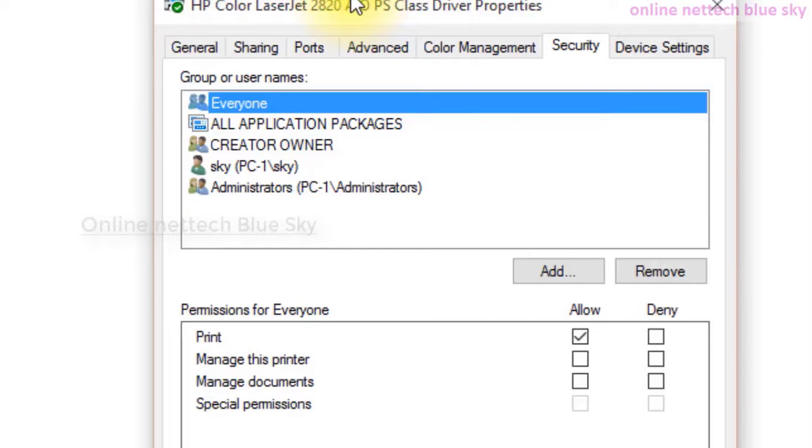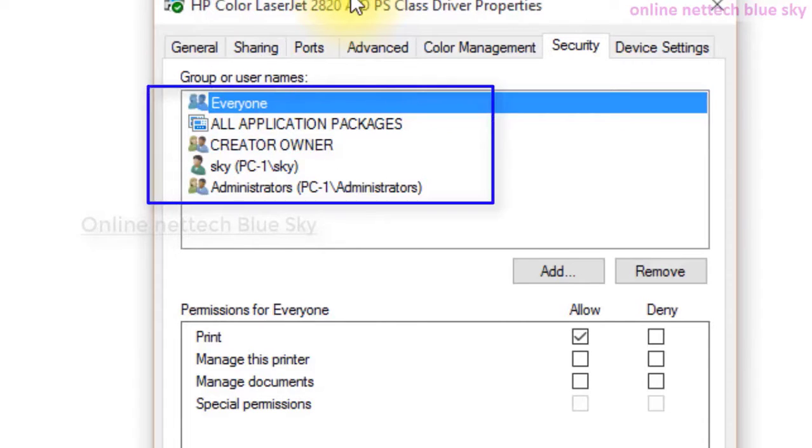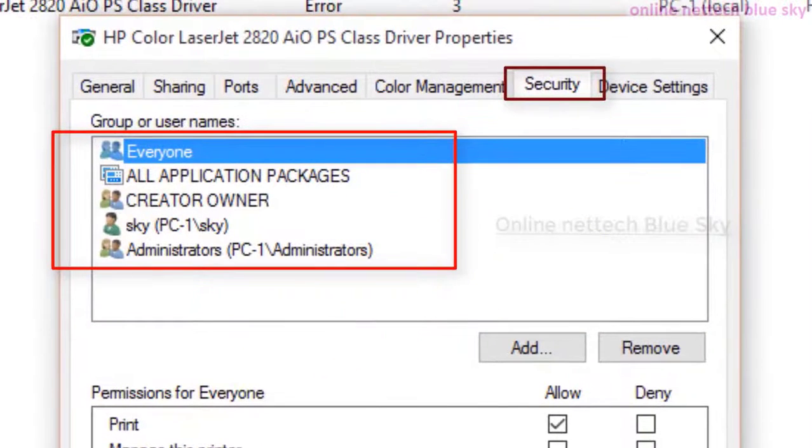This is very important for your printer and security settings here. That means not all computers can print documents to the printer. So that gives security for your computer environment and computer systems.